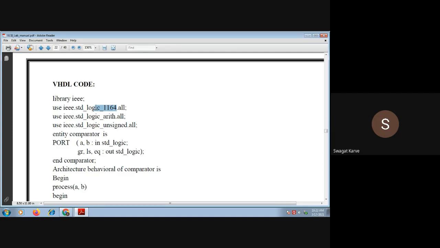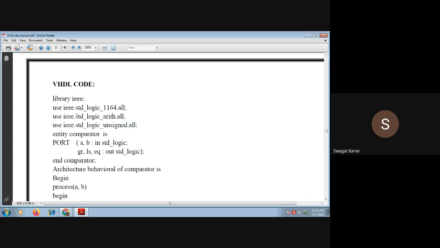The std_logic_1164 is a common package to define ports and to use some basic operations, different statements, and the 9-valued logic. As we say VHDL is 9-valued logic, to define that, this package is required. So this package is mandatory.